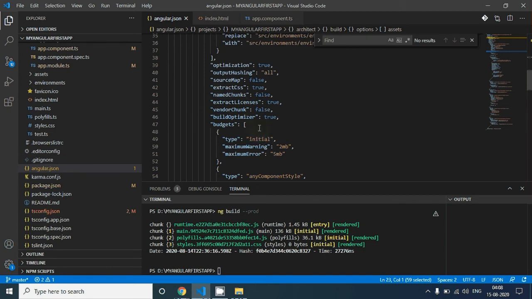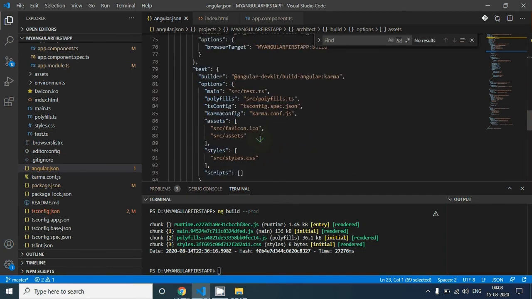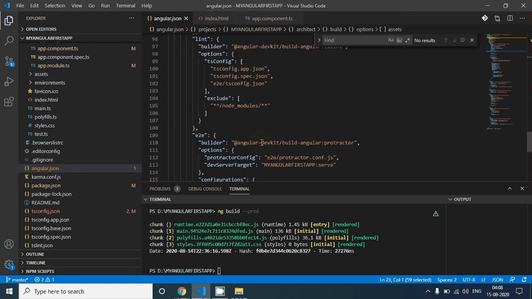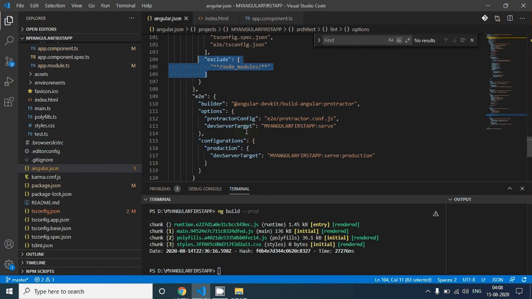And there are many other options that are not that mandatory. Maybe you will not touch this point. There is an exclude section where you can exclude files in your application, and a bunch of other options.